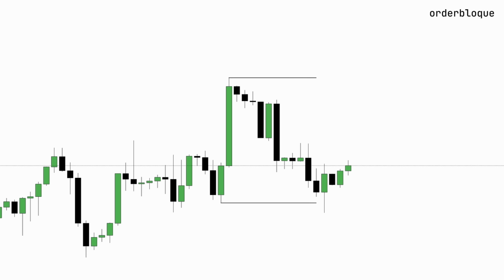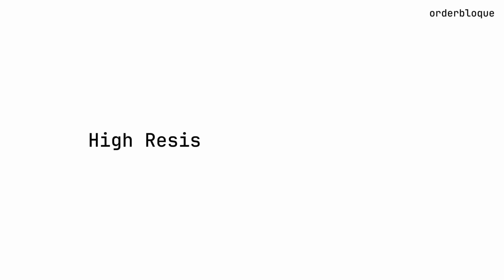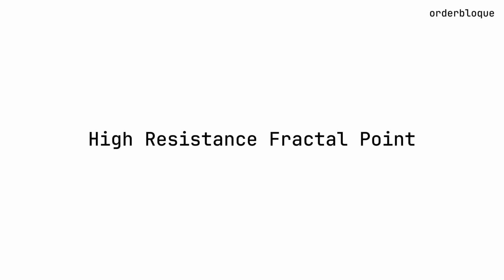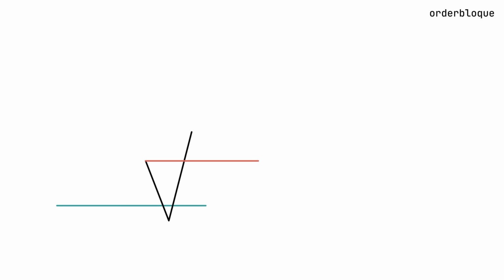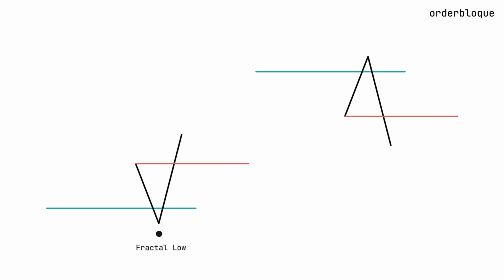To avoid such situations, we move on to the most interesting part of this video, setting the conditions for a high probability execution of the dealing range. The first thing to understand is what a high resistance fractal point, or fractal high and low, is. This is a market element that describes a movement interacting with a specific zone of interest, resulting in confirmed buying or selling volume. The invalidation point of such a movement is considered the fractal low in a bullish scenario, and the fractal high in a bearish scenario, which we refer to as high resistance.